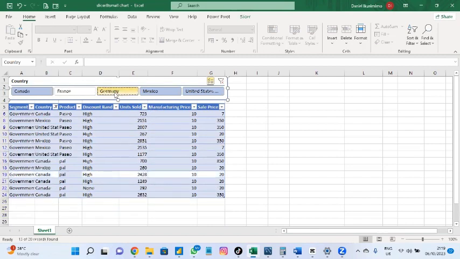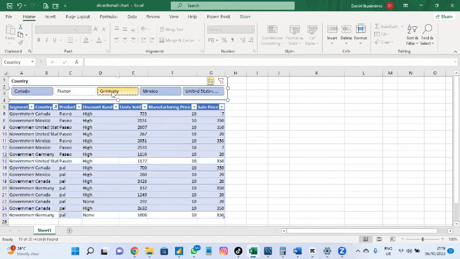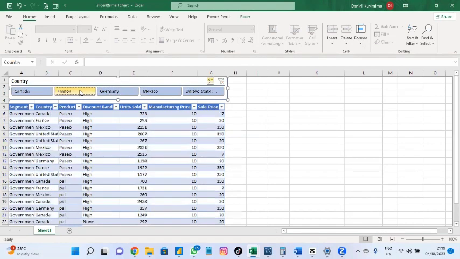I remove Germany, I remove this, and if I click it again, it will add it. This is how you add a slicer to your